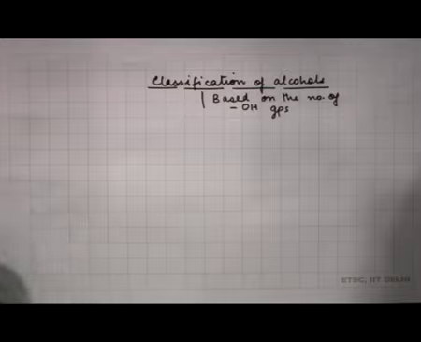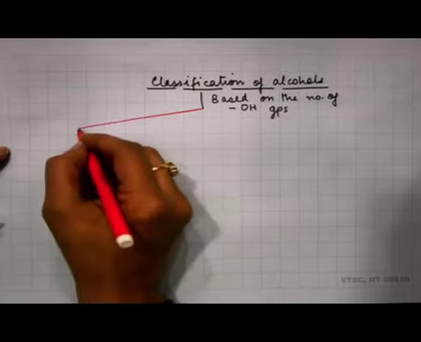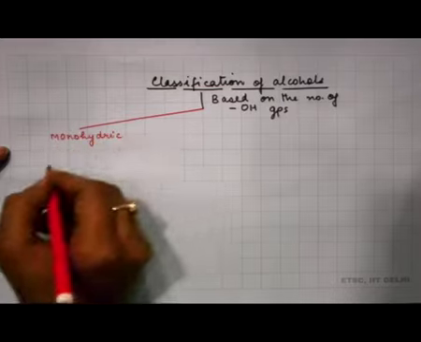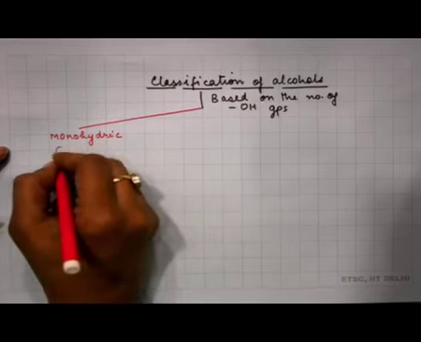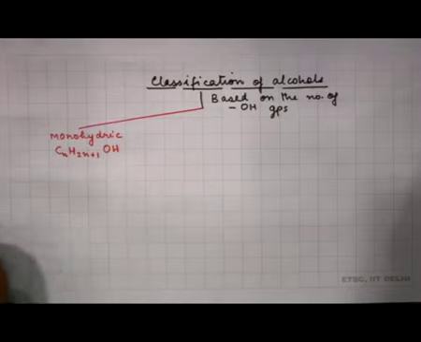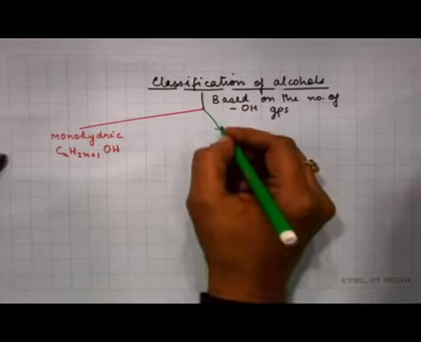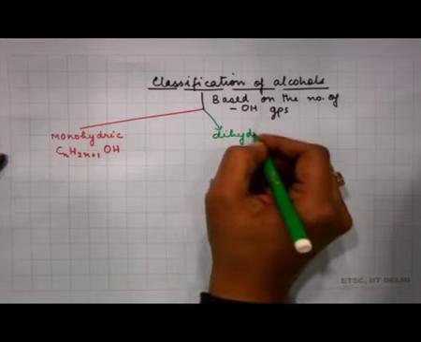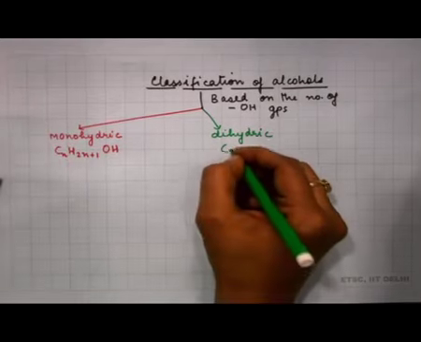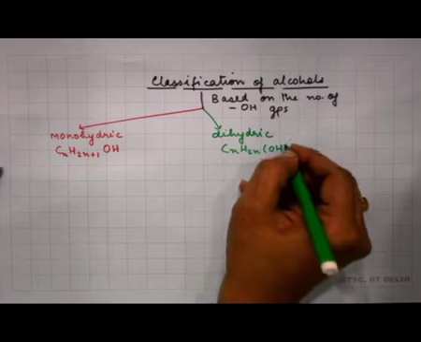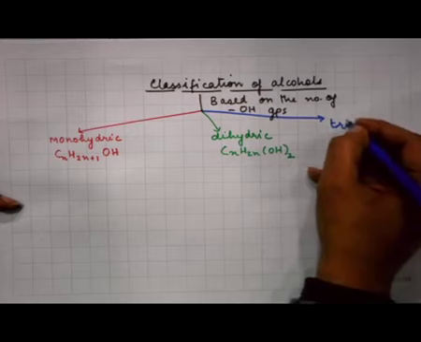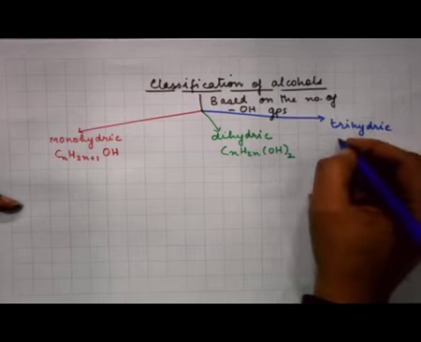So, based upon that, we can have an alcohol with one hydroxyl group, which we call a monohydric alcohol. It is an alcohol with one hydroxyl group, given by the general formula CnH2n+1OH. It could be an alcohol with two hydroxyl groups, which we say is a dihydric alcohol, given by the general formula CnH2n(OH)2, or it could be a trihydric alcohol with 3 hydroxyl groups,